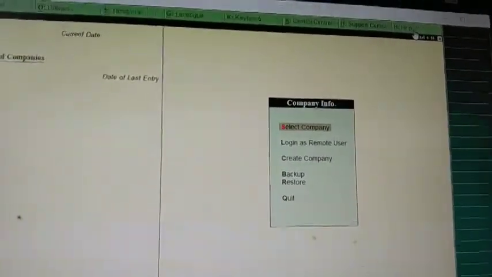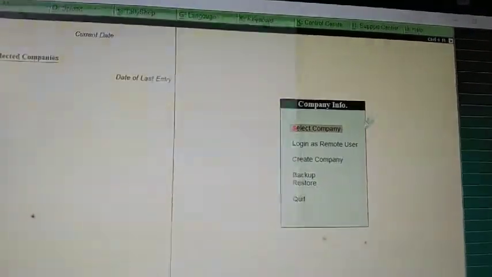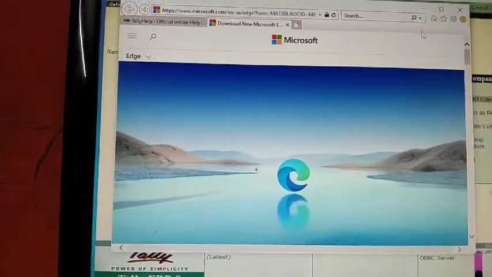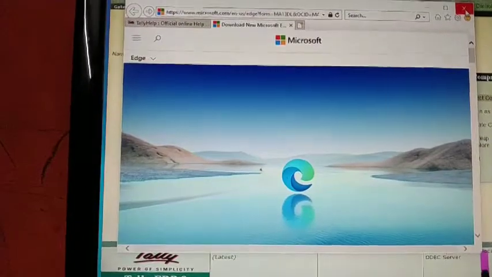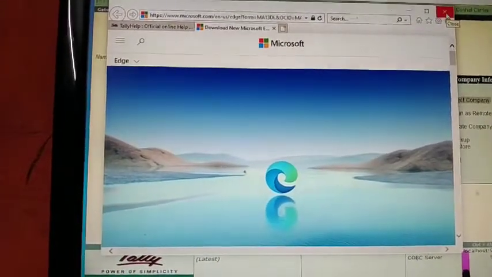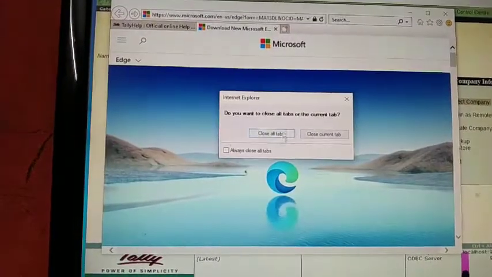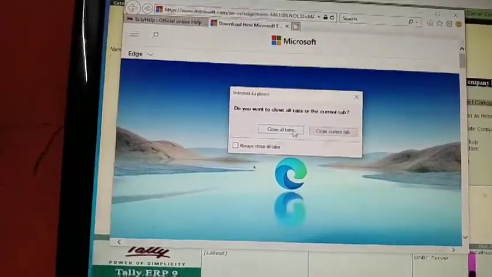Then there is a help button to give information of any type you require. You have to type your query, then you can ask for help. You will get information on Tally regarding whatever you require.